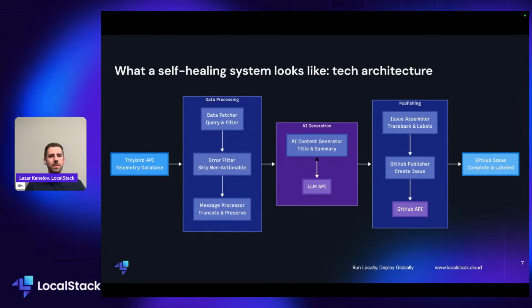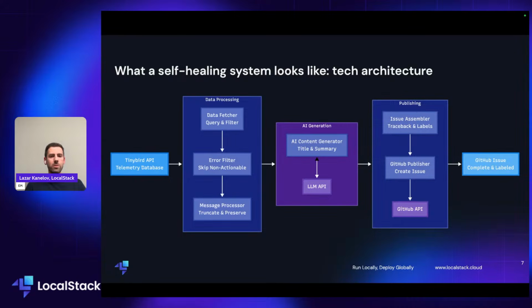So the next component, the next pillar, is the actual data processing. And here we have several subcomponents. We have the data fetcher, which is basically responsible for fetching data from Tinybird. After that, we have the filter, and this is super important because we want to filter some of the telemetry data. And I can give you a very concrete example in the context of WackelStack. For example, we see a lot of issues related to licensing, and it doesn't make sense to materialize those issues into GitHub issues and ask the AI agent to fix them. It doesn't make sense at all. That's why we need to filter them, and we have this component.